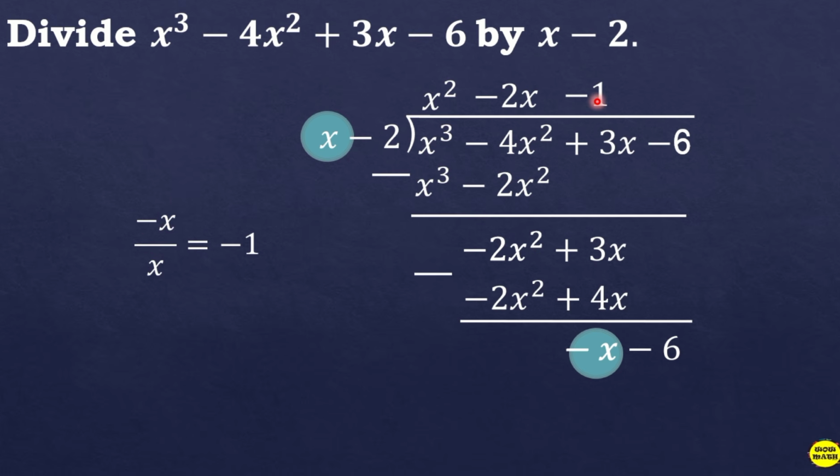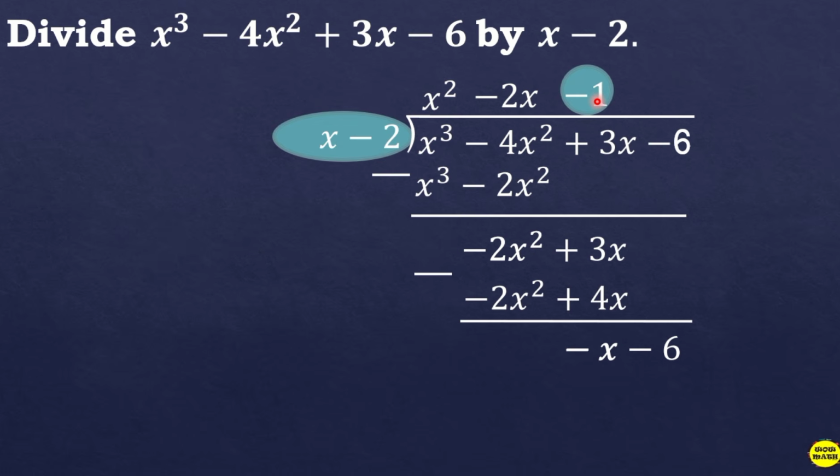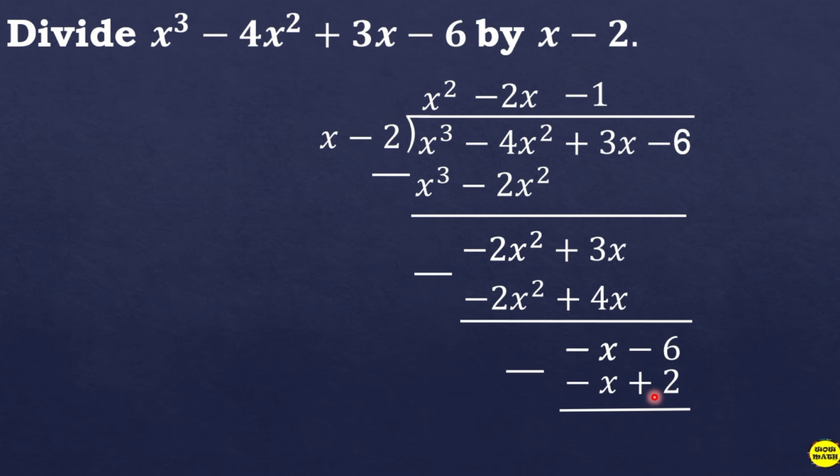So, negative 1. Let us multiply. So, negative 1 times x, that is negative x. And then, negative 1 times negative 2, positive 2. And then, we will subtract. So, this will be cancelled na. Makakancel na to. Negative x,